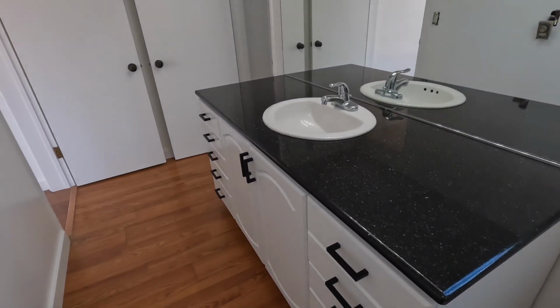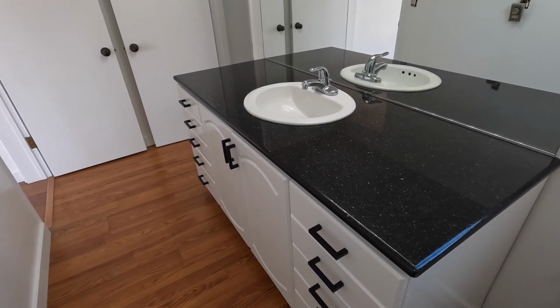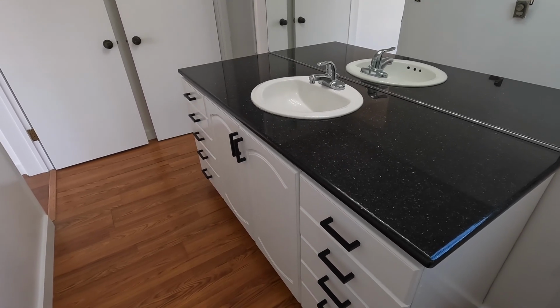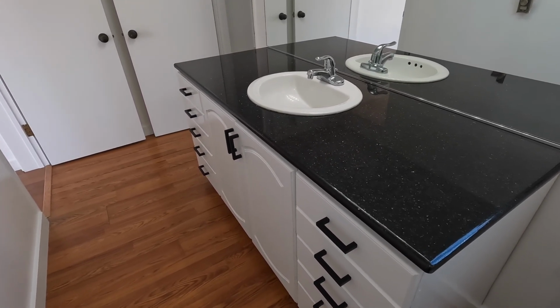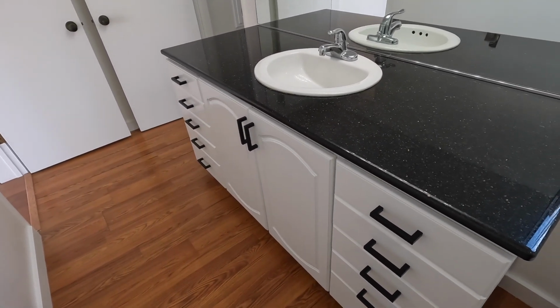This vanity is bigger than any vanity we've had in years since we had our house. When we had our house in Avondale, Arizona, we had a pretty big vanity there. So this is exciting. Also, I will show you some before photos